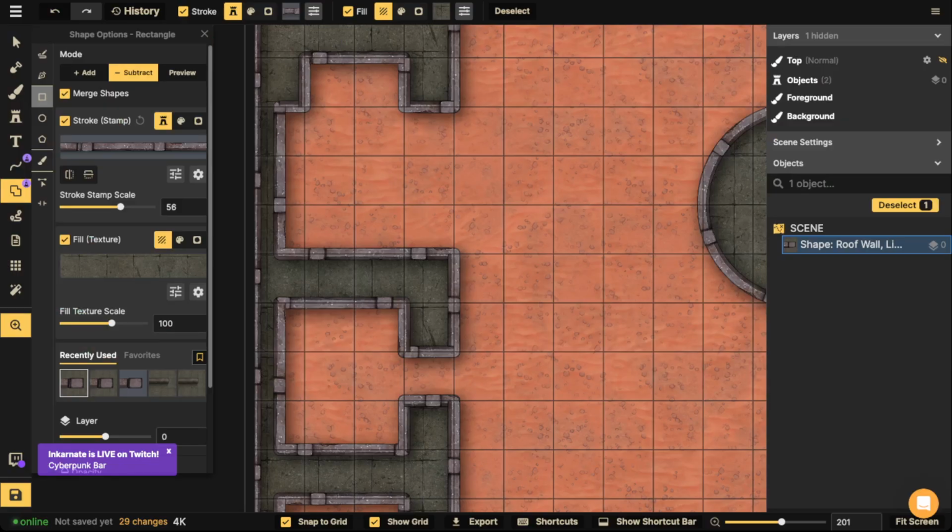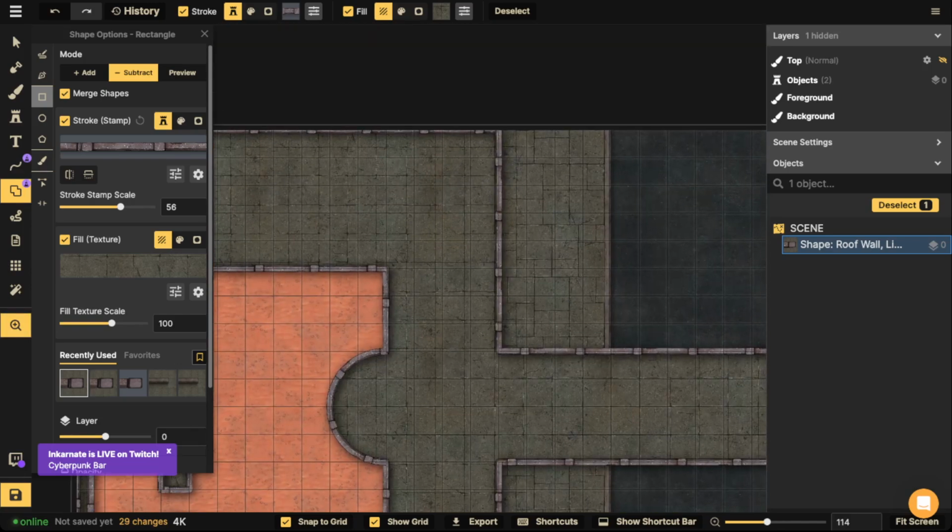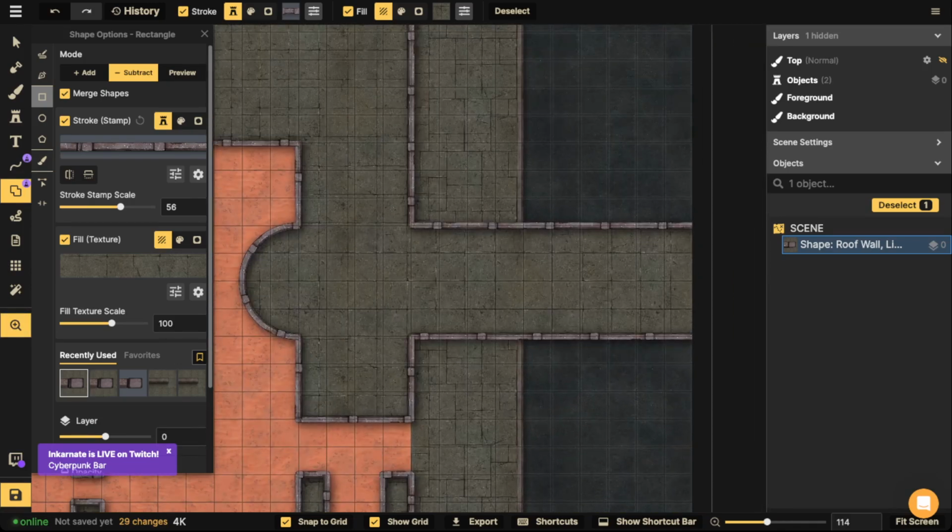Okay. All right, that looks good. Let's take a step back. All right, this looks good so far. I like where it's going here. I'm going to change up